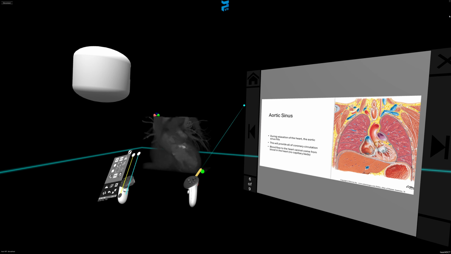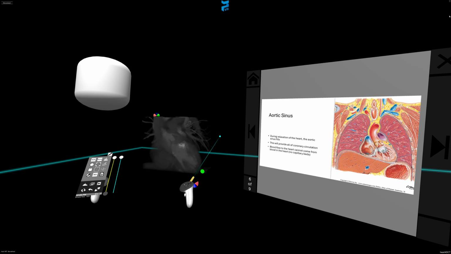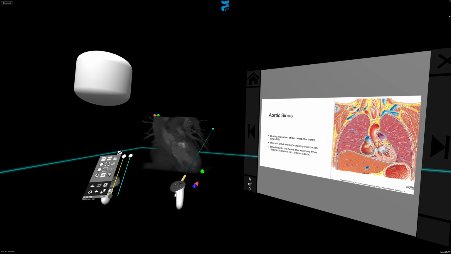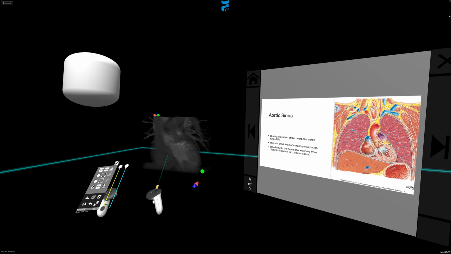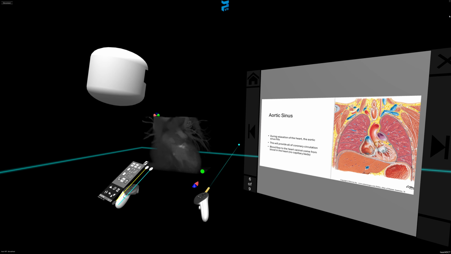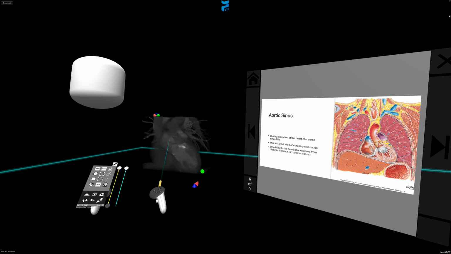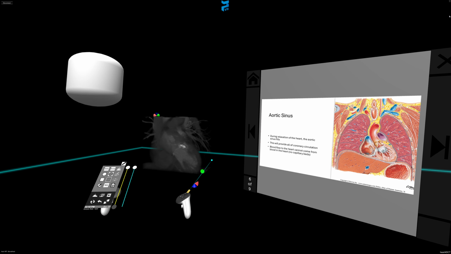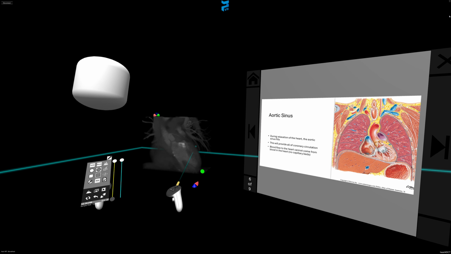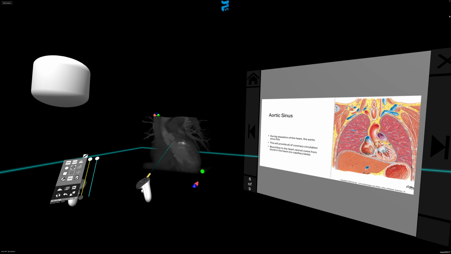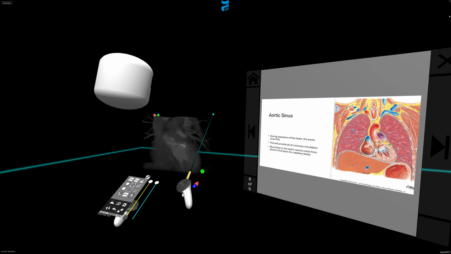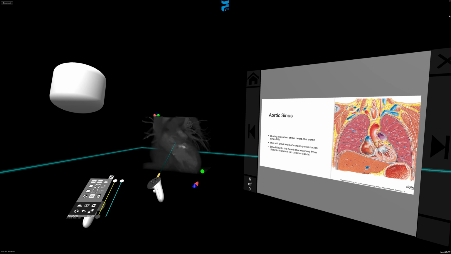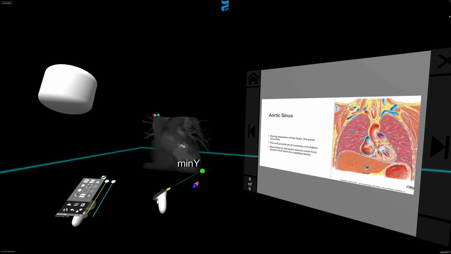Now, you may be asking yourself, there's blood in the heart. Why doesn't the heart muscle just use that blood to supply its oxygen? And this has to do with capillary beds. The inside of the heart contains no capillary beds and therefore cannot feed the heart muscle. So it uses the aortic sinus and the coronary circulation to provide the heart muscle with the oxygenated blood it needs. We can see that aortic sinus pulsating right there